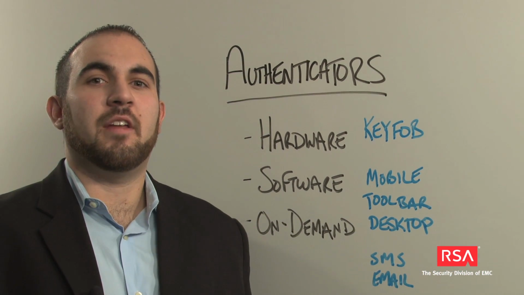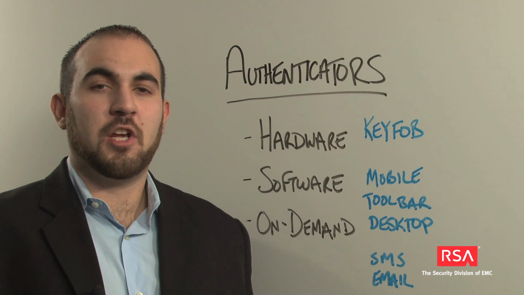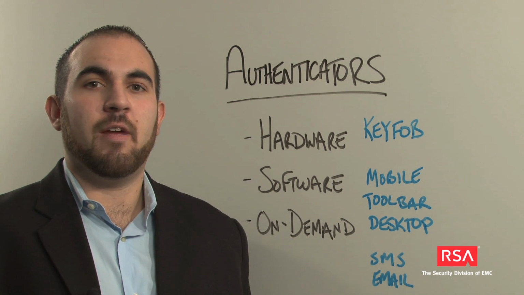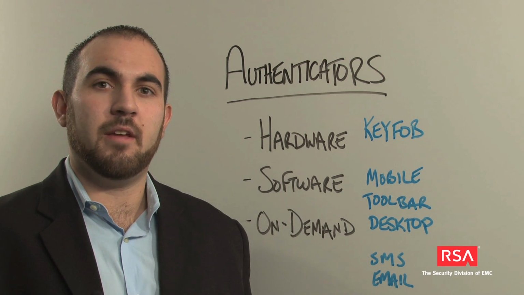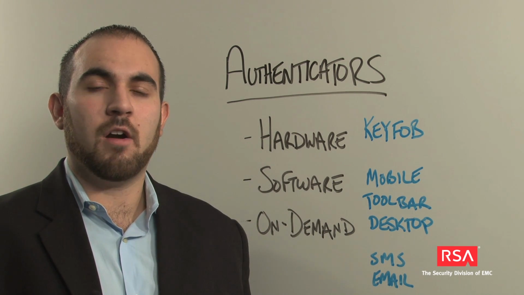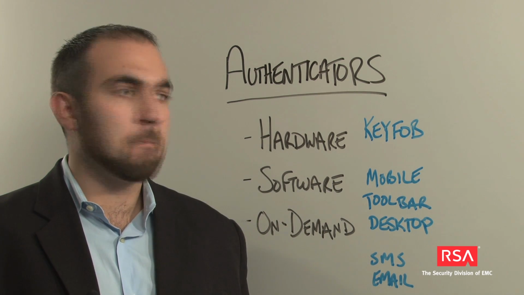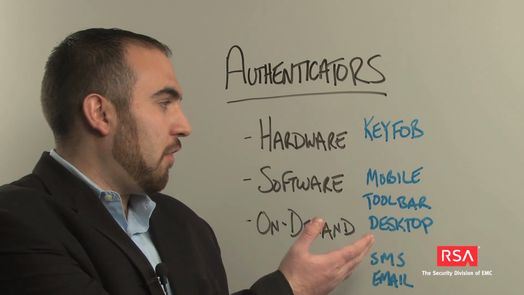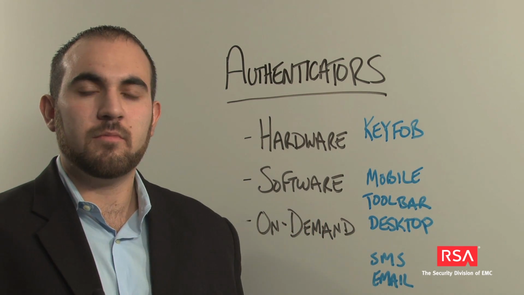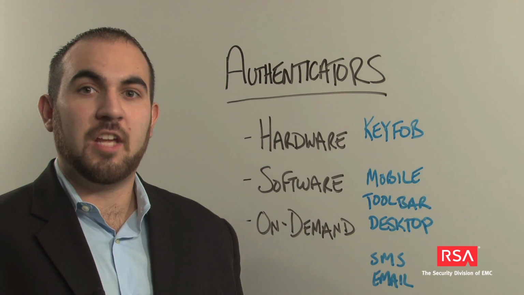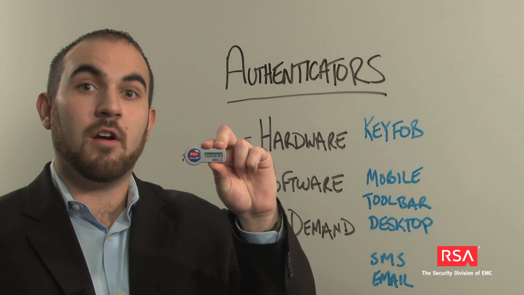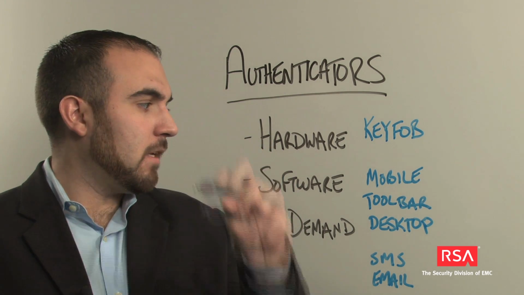Now let's talk about authenticators. Secure ID authenticators are used to generate one-time passwords, which are used in combination with a user ID and PIN to securely access RSA protected resources. As you can see, there are three types of authenticators. The first is the hardware authenticator, or the traditional key fob style authenticator, which RSA is known for. Next, we have the